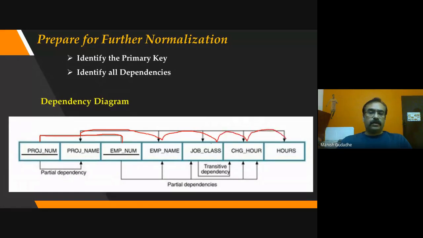Okay, so I can say that this project number and this employee number can identify employee name, can identify job class, that is his designation, can identify the charges of each employee, and can also identify hours. It's possible. It is possible. Okay, but when I look more closely, project name is only dependent on